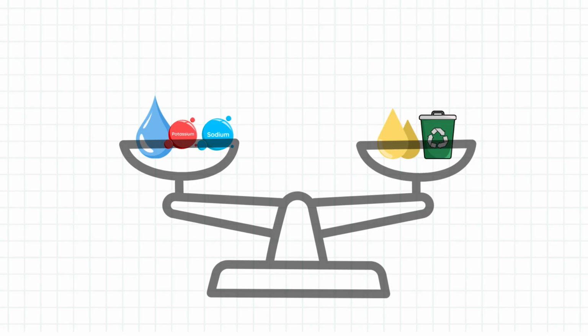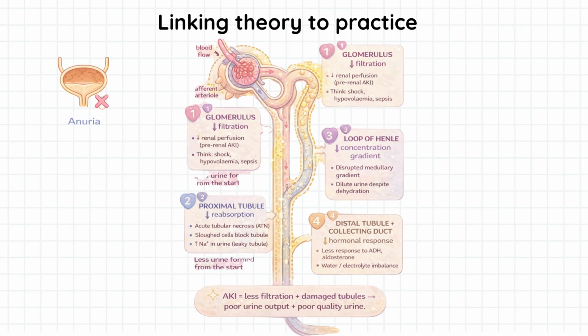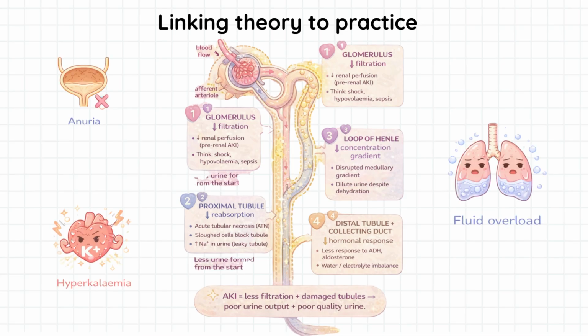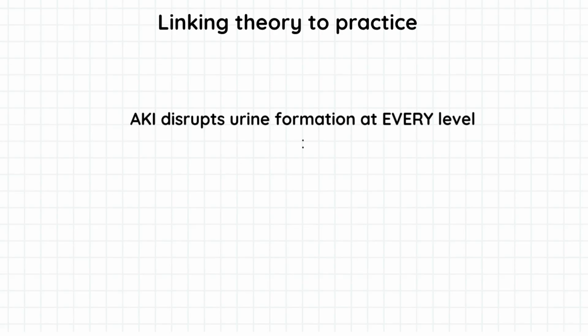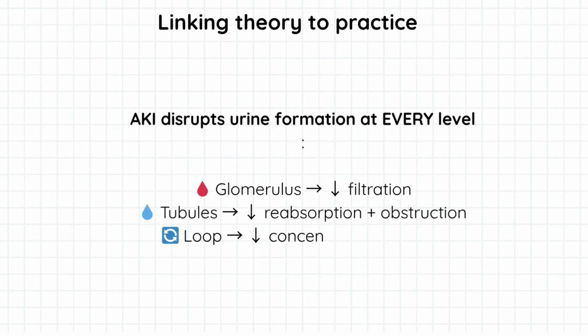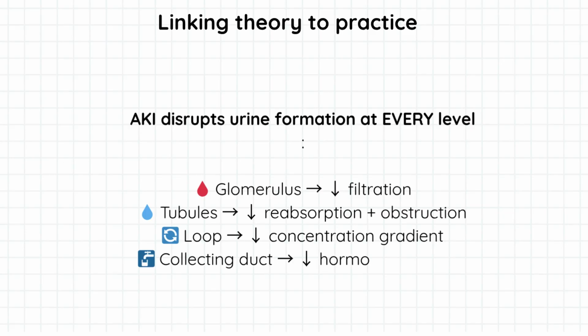Understanding nephron physiology isn't just theory. It's how we recognise why patients with acute kidney injury stop making urine, why chronic kidney disease leads to fluid overload and electrolyte imbalance, and ultimately how we intervene before that physiology spirals into critical illness. If you can understand urine formation, you can understand acute kidney injury, because when filtration drops and the tubules fail, the body can't clear fluid or potassium, and that's when patients tip into overload, acidosis, and life-threatening hyperkalemia. This is what helps you ace exams and nail